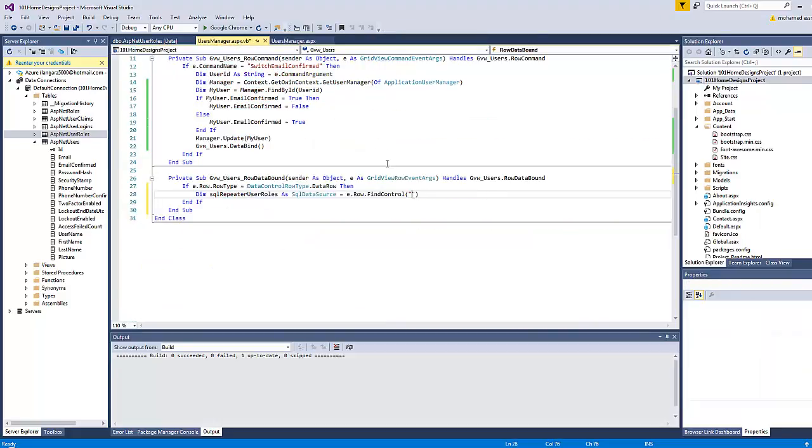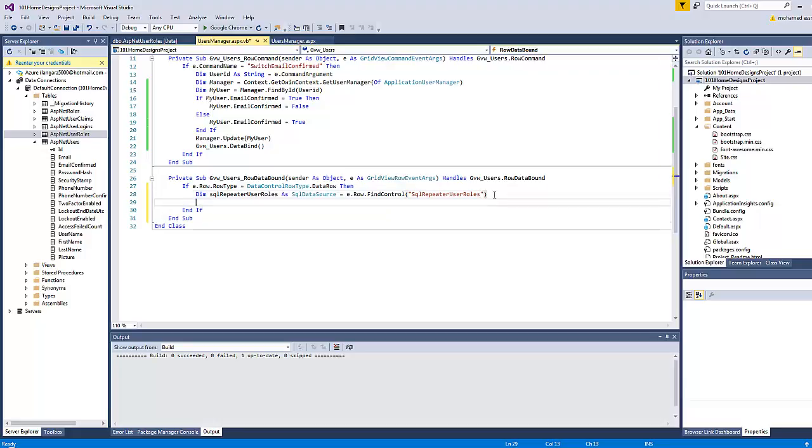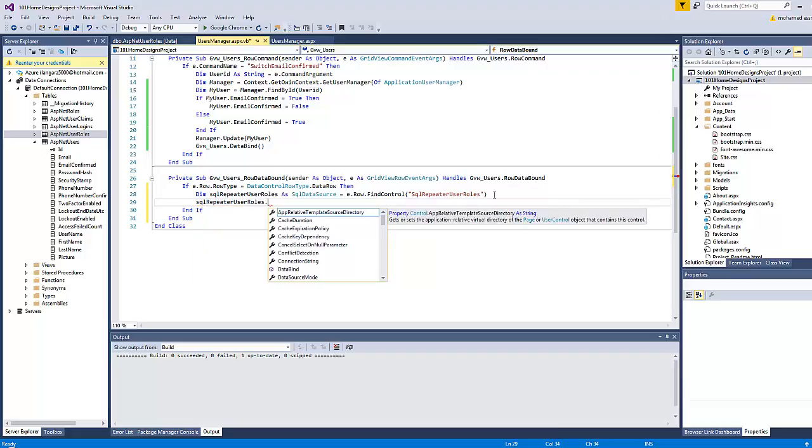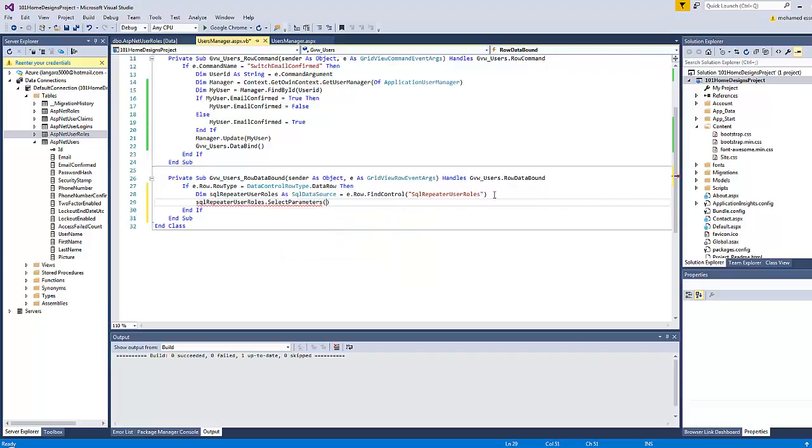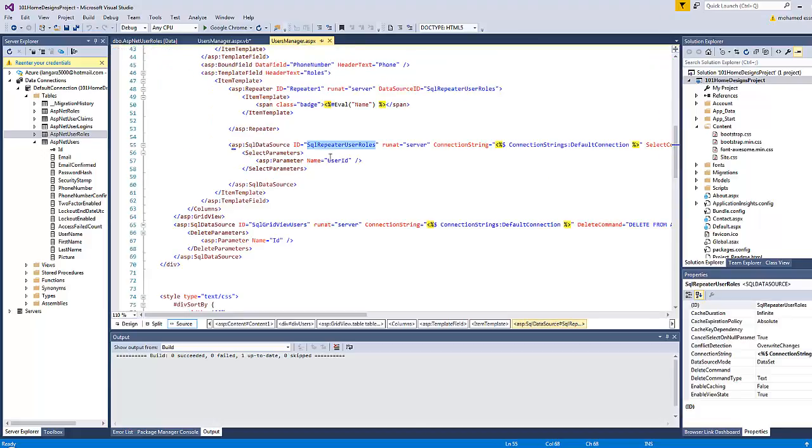Okay, so I will paste this one here, then I will type SQL repeater user roles dot select parameters. Which parameter? Remember that we have a parameter here called user ID, this one here,